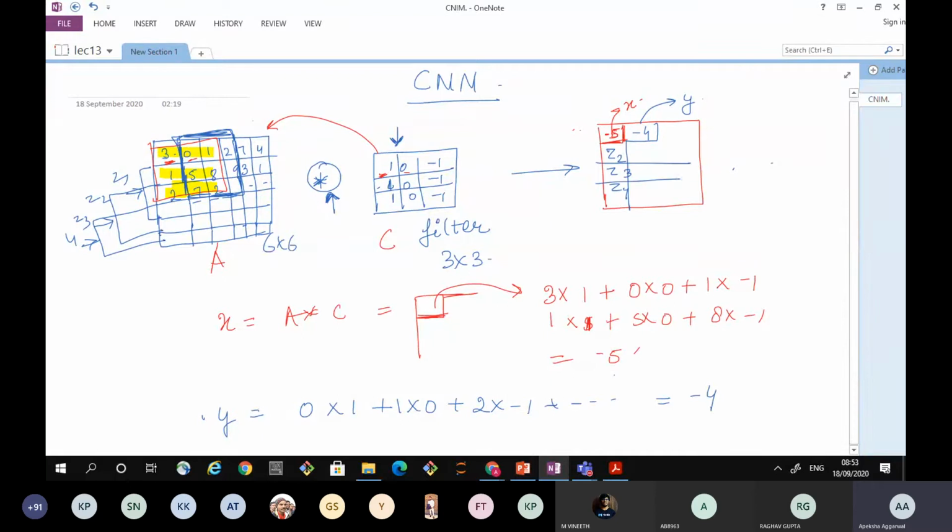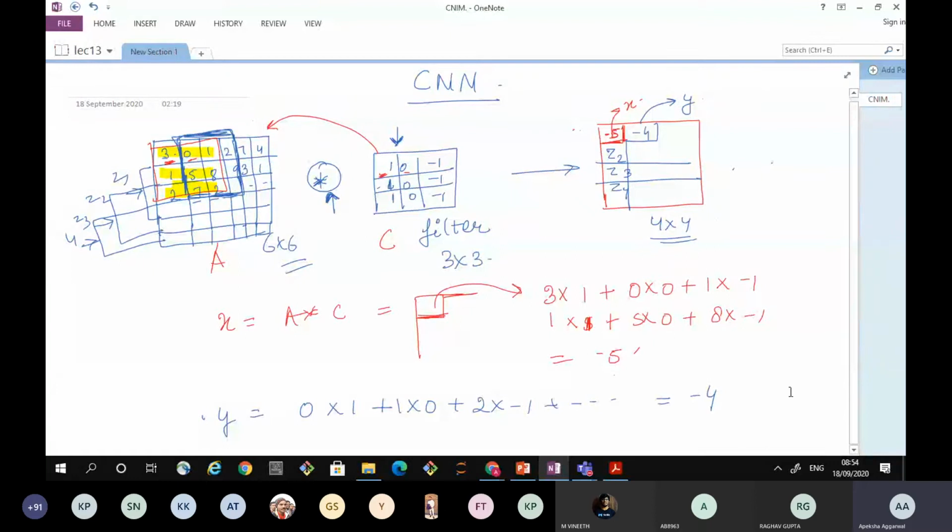So what is happening over here is, the original image size was 6 cross 6 and it is reduced to 4 cross 4. You have to visualize why it is reduced to 4 cross 4, because at every point we are reducing whole rows and whole columns into one value. If I'm sliding starting from here, I'll get one value, then I'm sliding downwards, I'll get another value like this. So this is my convolution operation.